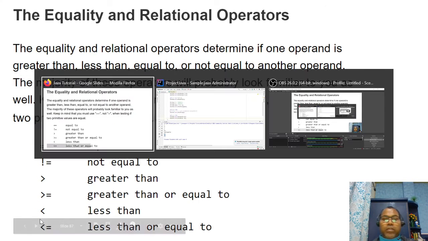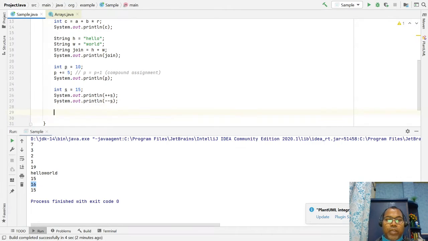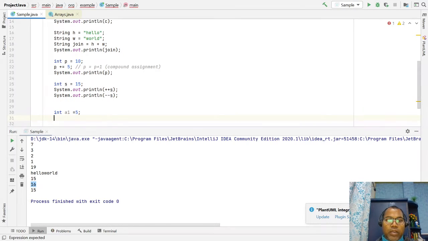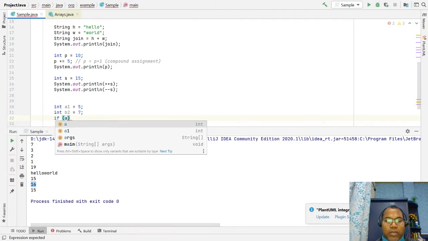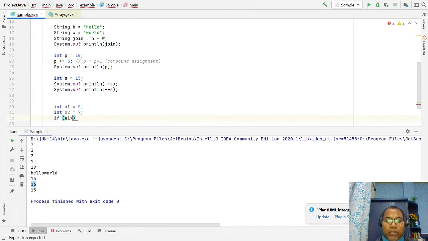In this way, let's see, we have an integer a1 equal to 5, and an integer b2, let's say 7. Here we can check if a1 greater than b2.